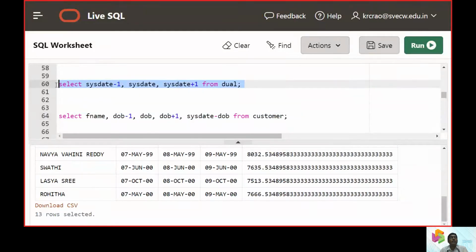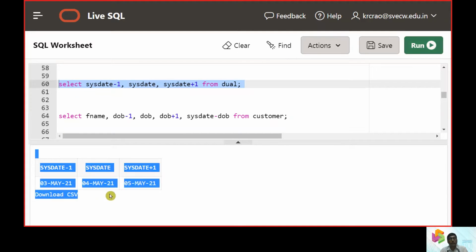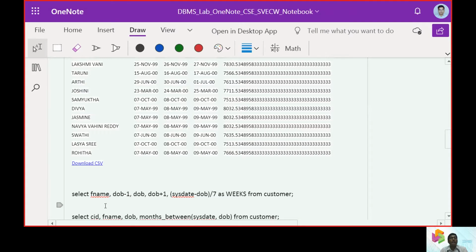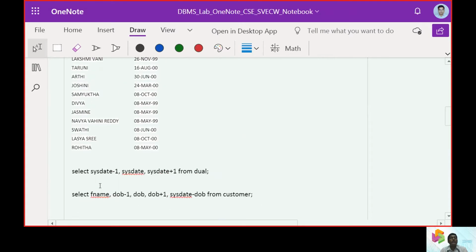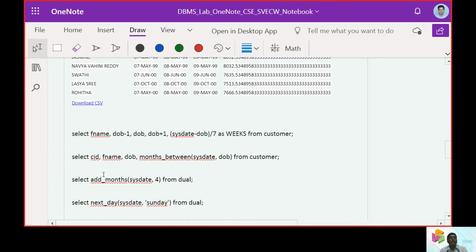This is also the same if we want to know tomorrow's date and yesterday's date. We will just put sysdate -1 and sysdate +1. So that's where we will use these values. This is quite interesting, to work with the date and times. Here is some of the interesting part of what we can see.